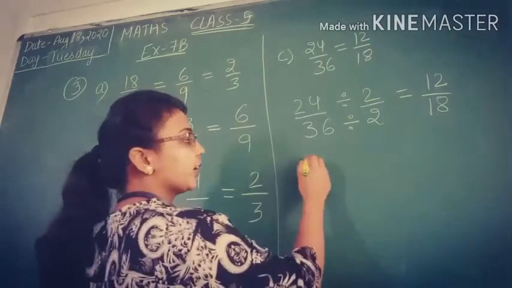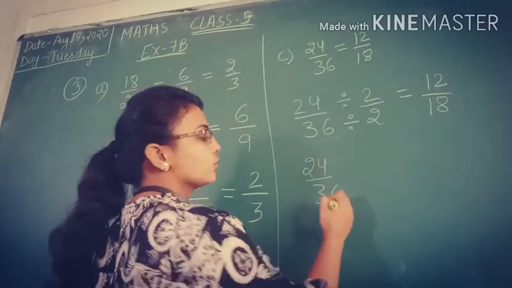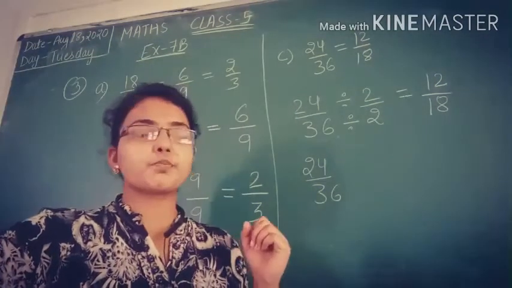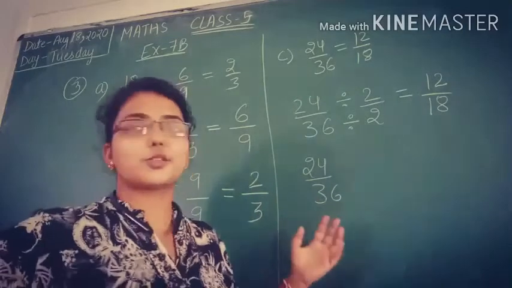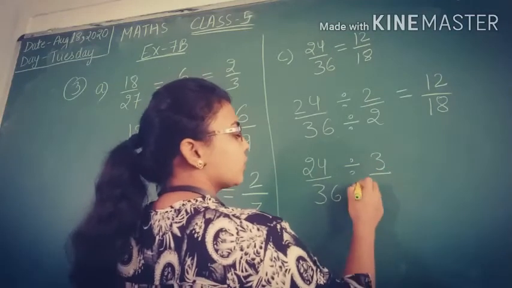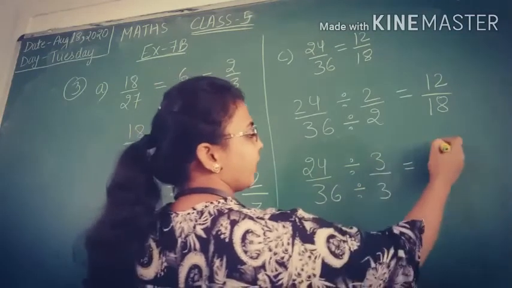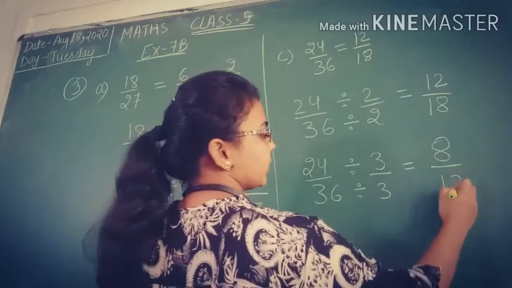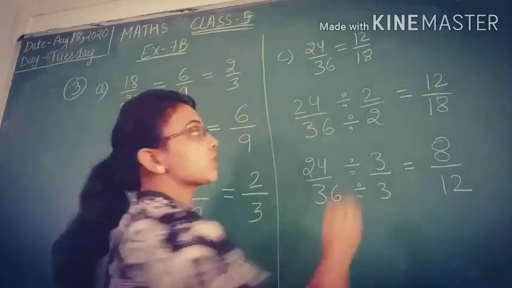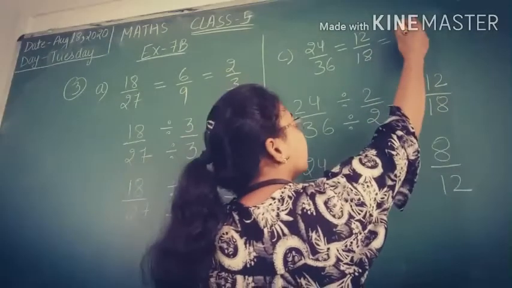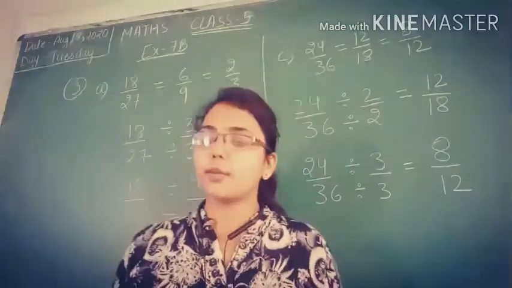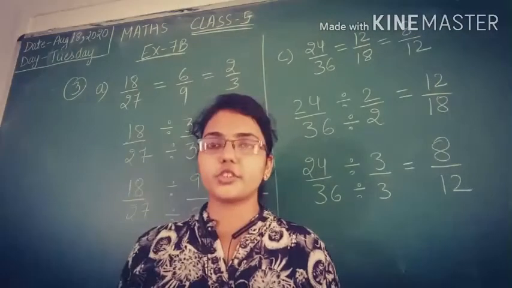Now let's divide it with another number. 24 by 36, let's divide with another number. Just check, does 24 come in the table of 3? 24 yes, it comes, and 36 also comes in the table of 3, so we can divide it with 3. Exactly. We can divide this by 3 also. So this is the great thing. 3 8s are 24, and 3 12s are 36. So 8 by 12 is our another equivalent fraction which we found with division. Okay, we found this with the division method. In the same manner you can do the rest of the 2 parts which are left.